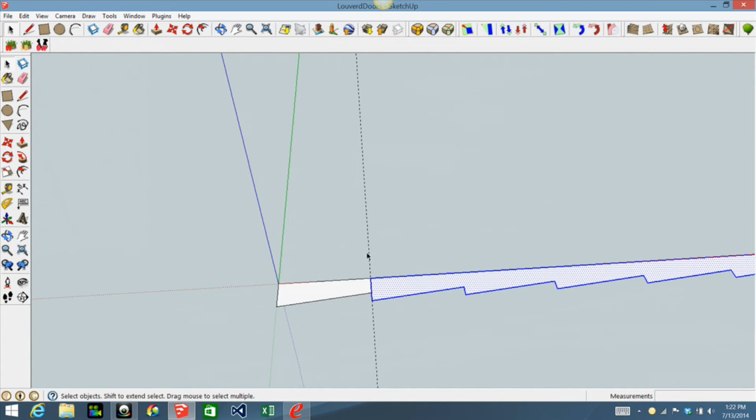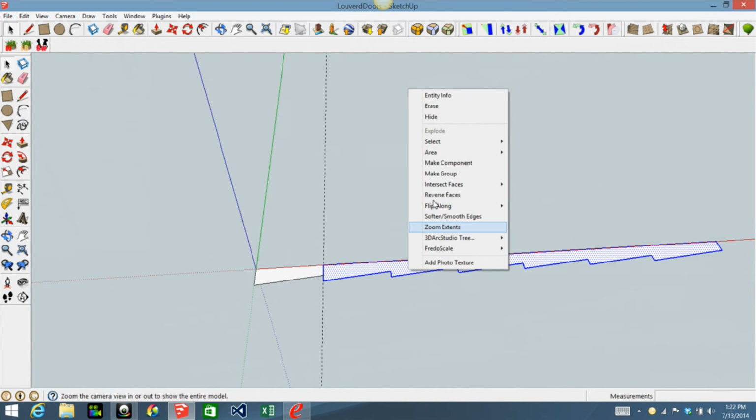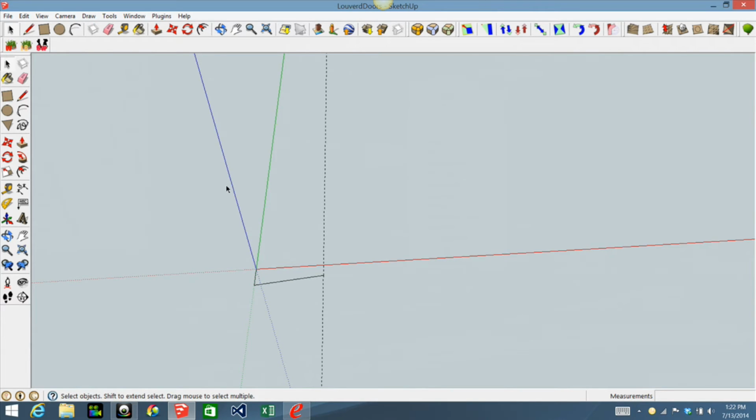Now I can double click and highlight that and right click and erase it. Erase that line, so let's just put that back in here and here. So there's my